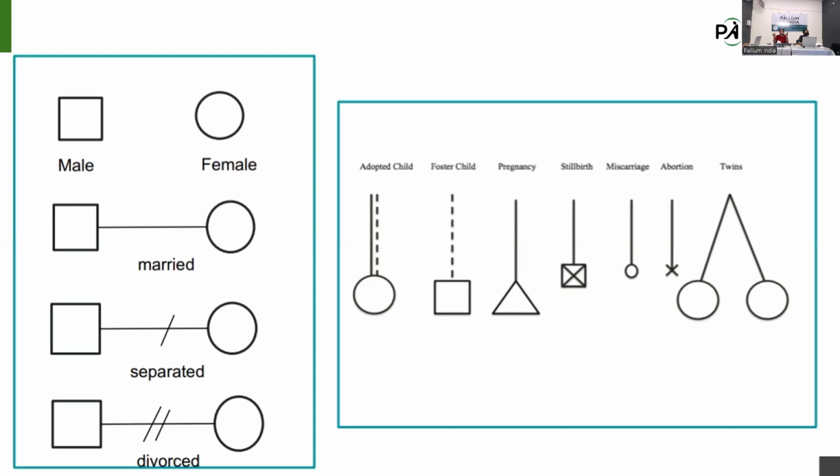A question is coming up, right? So I hope you will pay attention to these two slides that are following. And if they are living separately, we usually draw a slash over the line. And if they are divorced, we usually draw two slashes. And if the child is adopted, a single line and dotted line. And if the child is a foster child, dotted lines.